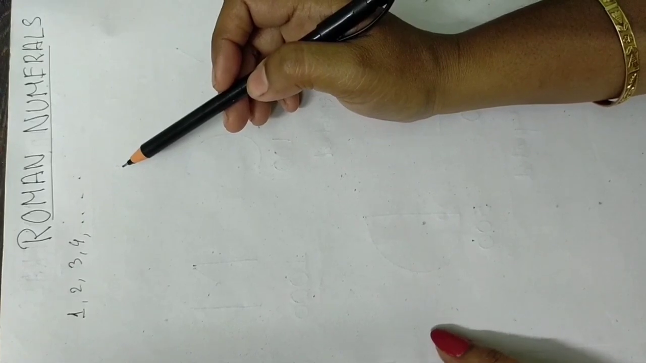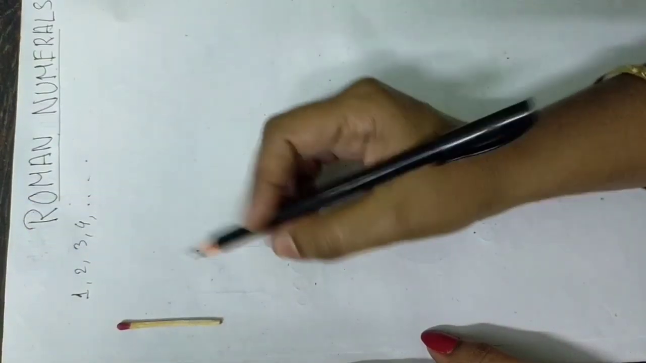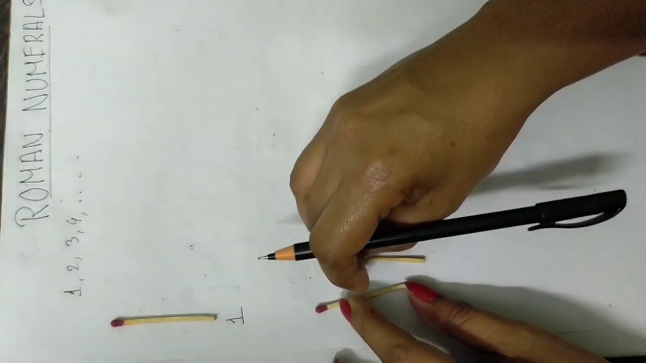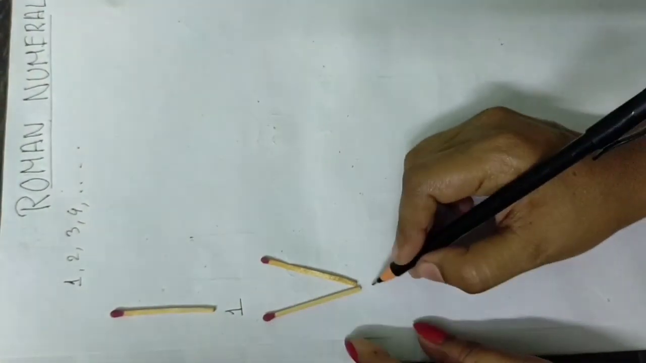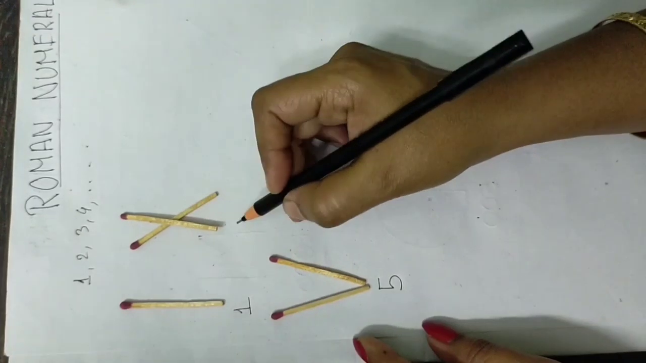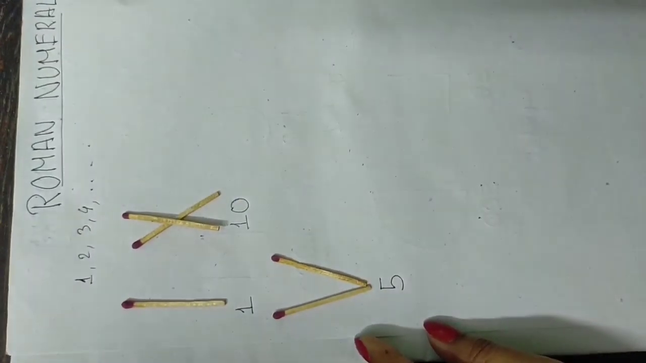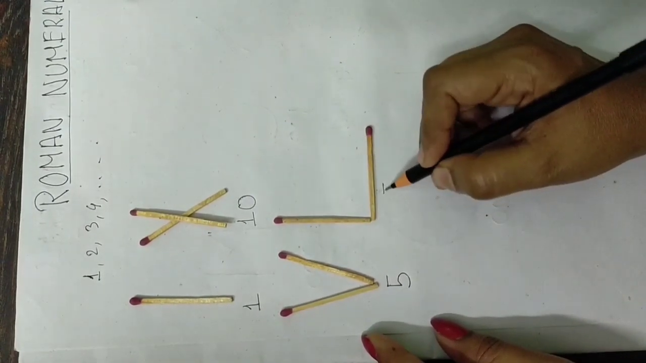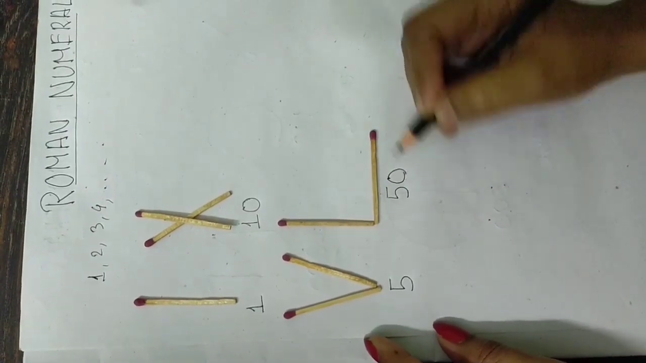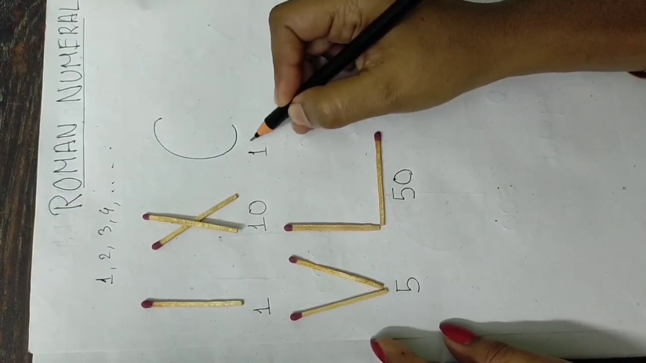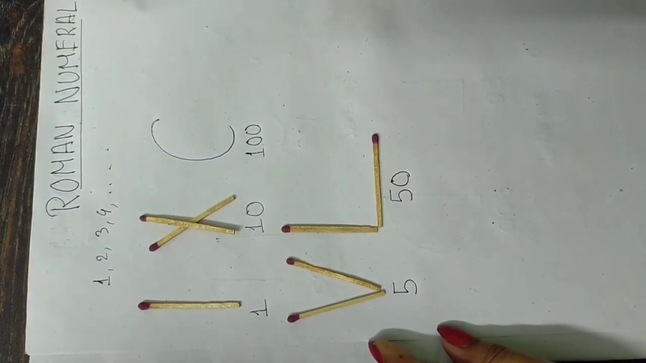The basic symbols used for writing Roman numbers are: I was used to write 1, V was used for writing 5, X was used to symbolize 10, L was used for writing 50, C, which means century, was used as a symbol to write 100, D